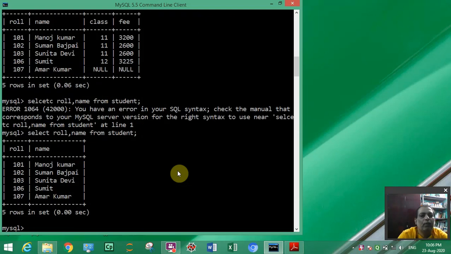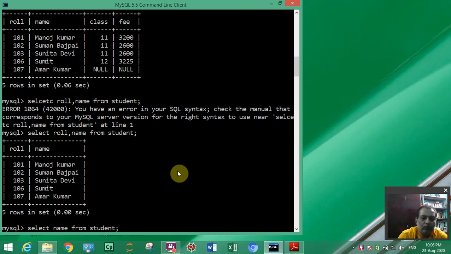So here we can see the table is having everything, but in the display only roll and name are coming. When you provide specific field column names, it will give you this type of result. Okay, suppose you want to show only name and fee of the student.